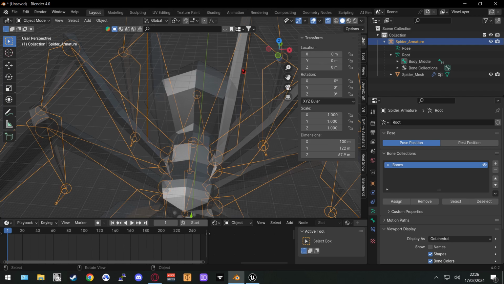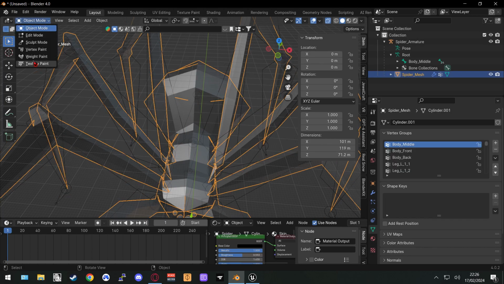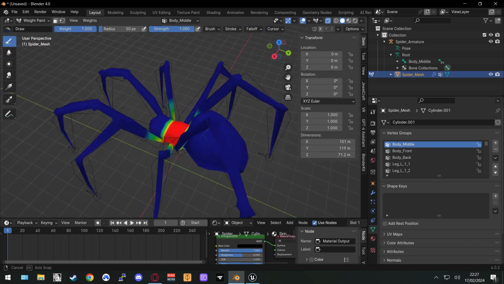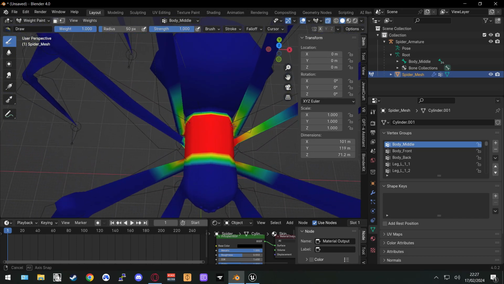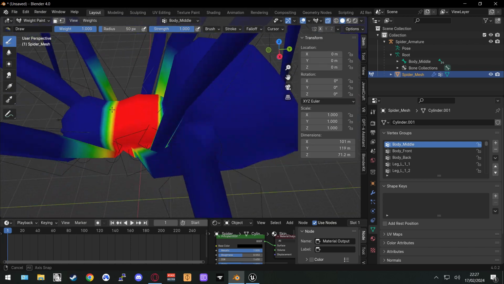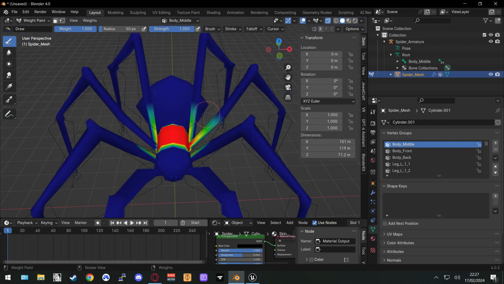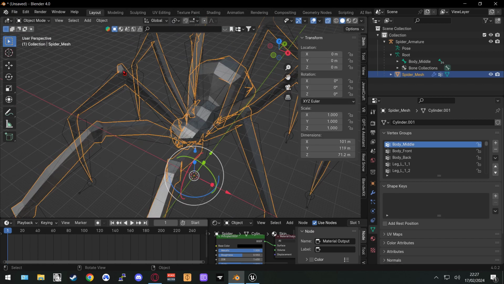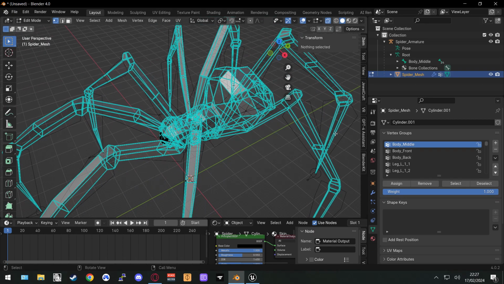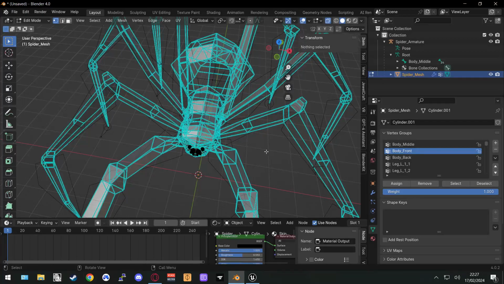Otherwise, you would just go ahead, click into this, and then go into the weight painting mode. And this just looks like, what the hell is even this? If you've never seen this. But we can completely ignore that. We're not doing any stretching or something like that, so we're just gonna do it the old-fashioned way. And now we can just go to the front,